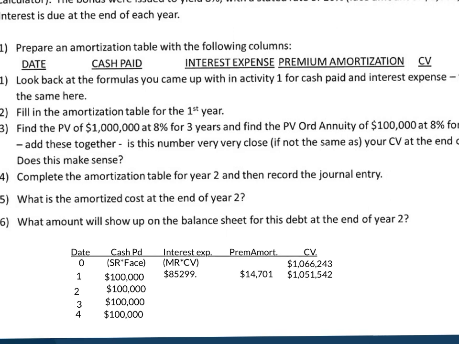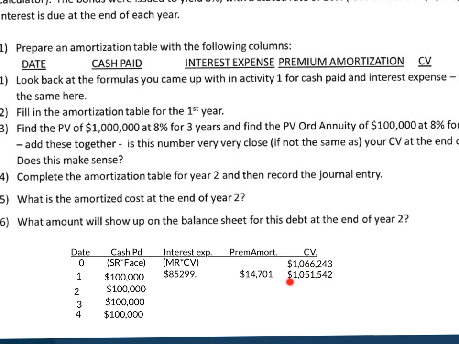Yeah, there's the first year, at the end of the first year. And then I ask you to find the present value of $1 million at 8% for 3 years, and the present value of an ordinary annuity of $100,000 at 8% for 3 years. And I'm basically doing that so that you will prove to yourself that